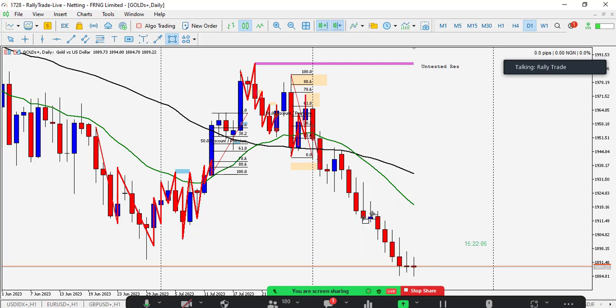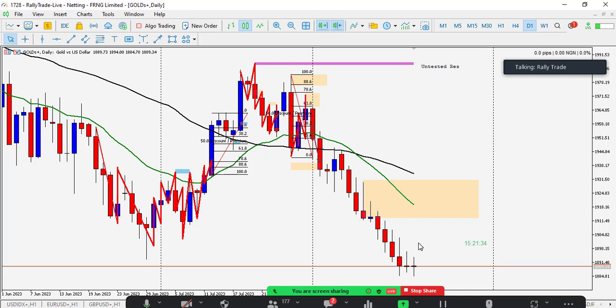So if you spot this kind of candlestick on your chart, and you're seeing it on a higher time frame, it has more effect. On the lower time frame, it may just constitute noise, but on the higher time frame, it has more effect. Right from this candlestick, that's when we started seeing that these sellers are massively taking over the market. And that's what we have been seeing till this one. Up to this point, it has not stopped.